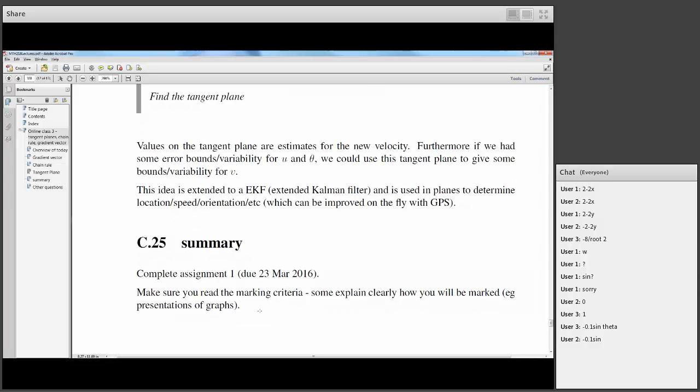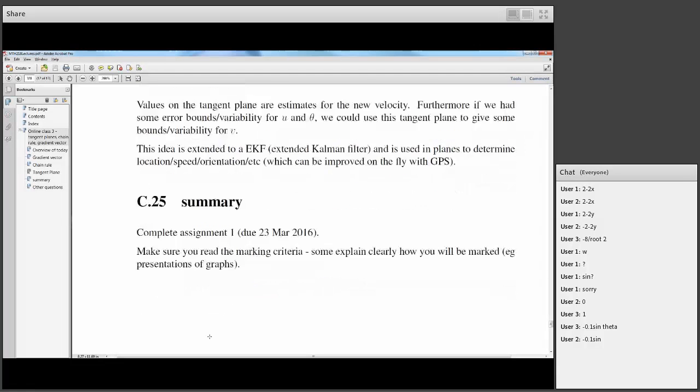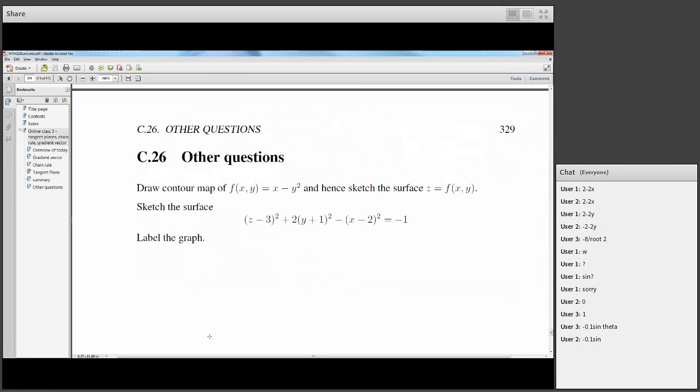In that assignment, just some other things: there are marking criteria with it. Sometimes they don't tell you much at all, but it's worthwhile having a look at them because sometimes they do tell you exactly what I'm looking for, particularly when it comes to things like graphs. So please just read through them. It will benefit you to make sure that you present your answer in the way I'm looking for it. Just want to finish up with some